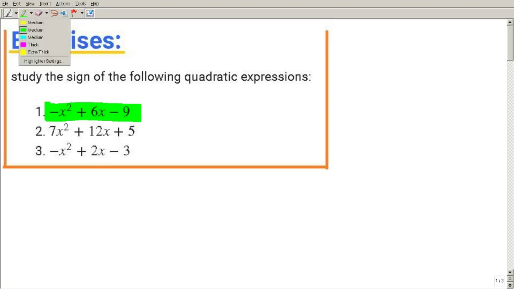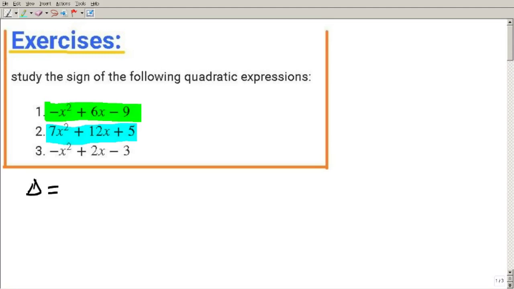The second quadratic expression, which is 7x squared plus 12x plus 5, is the same thing, and in the same manner we calculate the discriminant delta,